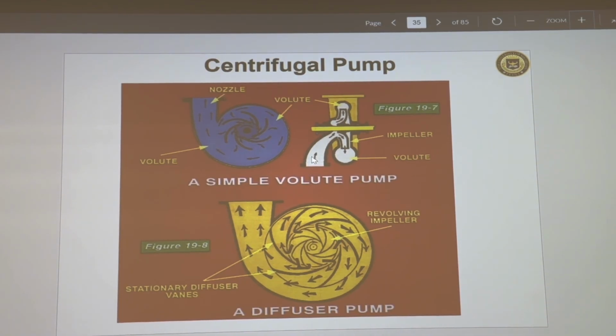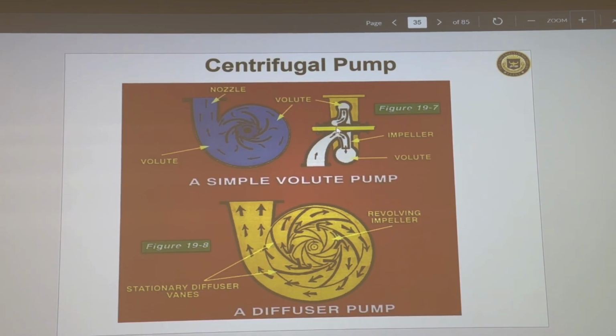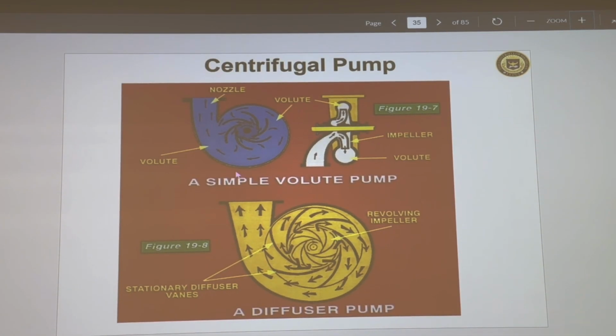So the fluid is coming in and distributed, going into the vanes, and those vanes are throwing the fluid radially, to both sides. And here the volute is the casing, this whole shape that you have is called the volute, and the impeller rotating is throwing the fluid particles in a radial direction, and that